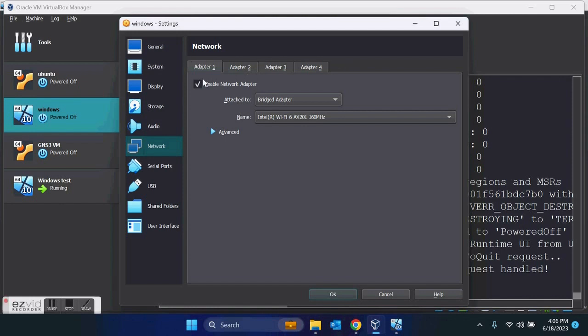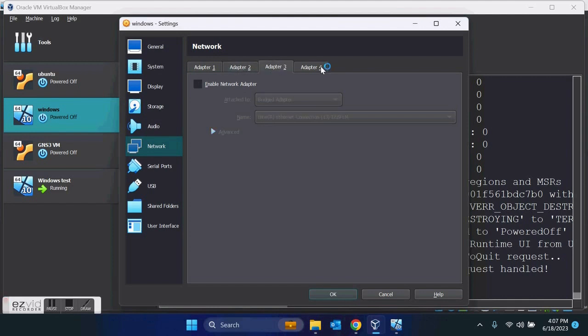Network adapter. So VirtualBox कोर network adapter provide करता है, which you can select. There are many options. So for now, if I show you, there is one network adapter one. I enabled it, and it's a bridged adapter to my local machine. So whatever I have in my local machine will get used in the VM. So for now, I'm using this Wi-Fi adapter because I have the Wi-Fi connected. If you have your Ethernet cable, you need to select Ethernet connection in here. So this will bridge to the VM, and VM will also be able to use the internet connection from your